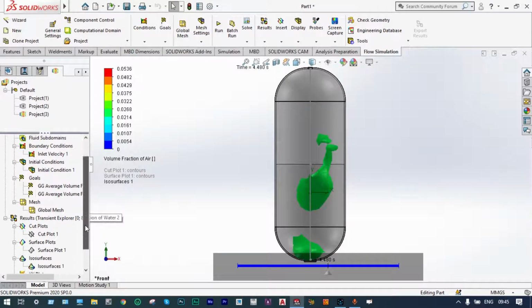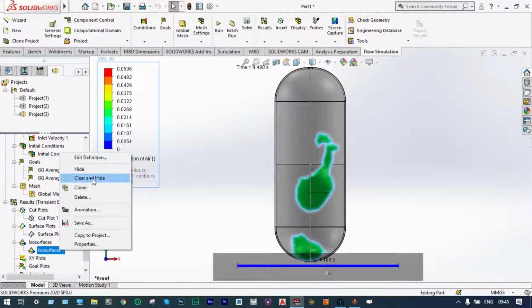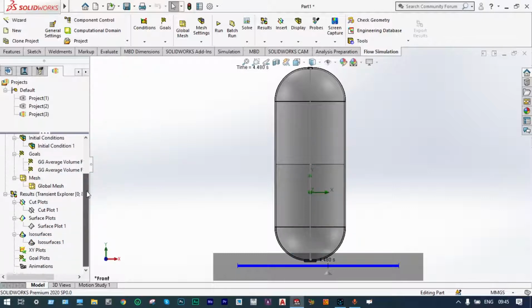Let us clear and hide these things. ISO surface 1, clear and hide. Next to that, we want to see our XY plot, that means as height is changing, how the fraction will change also. That one you can see from XY plots. XY plots, insert,